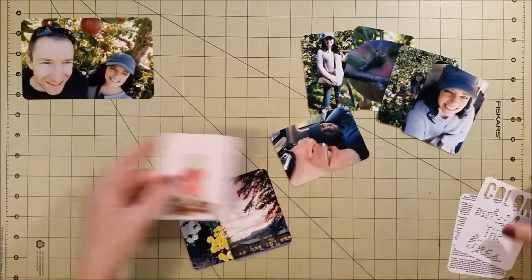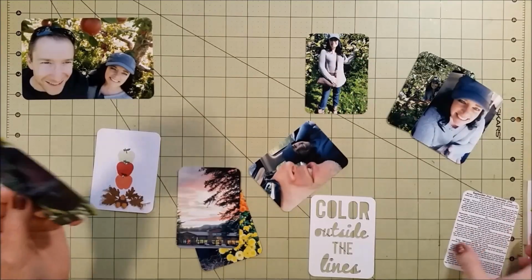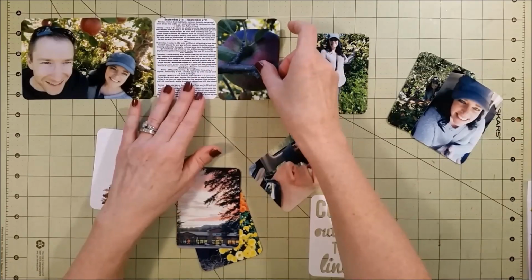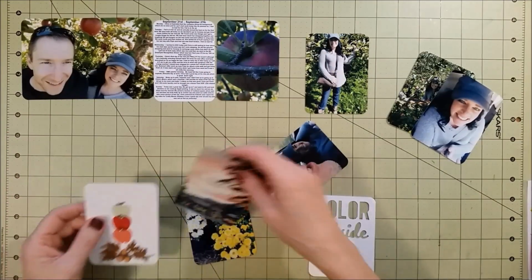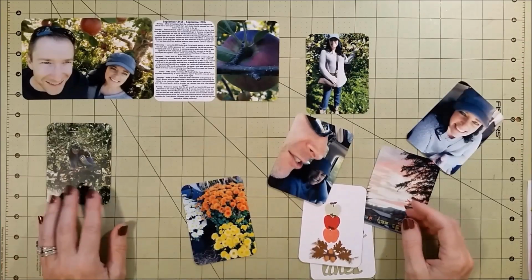So this is one of my Project Life spreads. It's September 21st to September 27th, and I actually somehow managed to get caught up on my Project Life. I don't know how I did that, but I'm very excited about it because, as we all know, December Daily